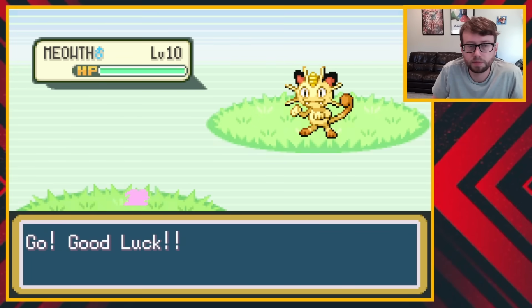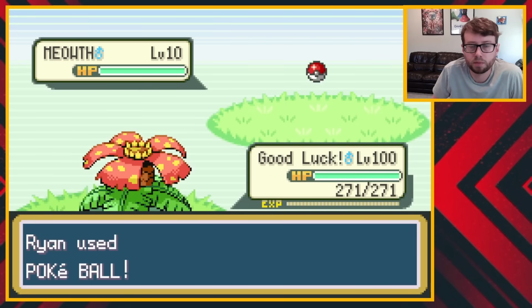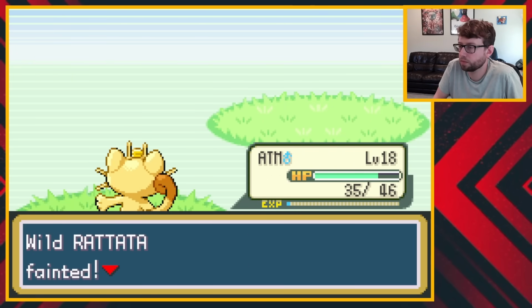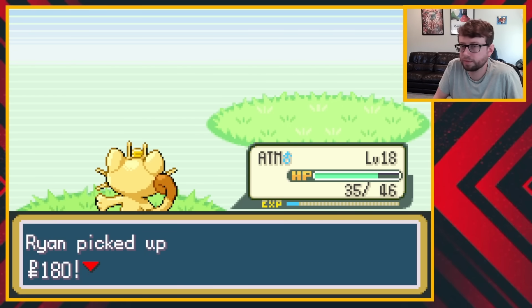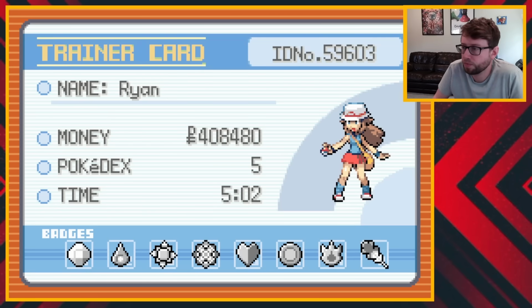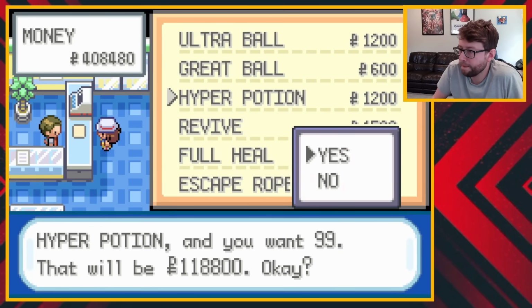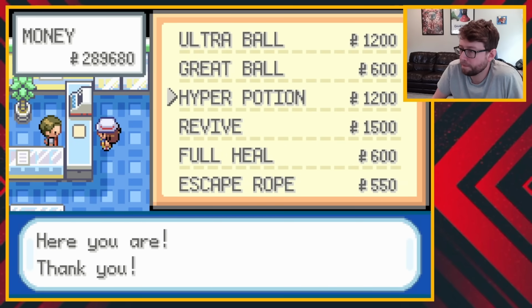Meowth can be caught on Route 5 with one of the free Pokeballs from Oak, and at level 18, it learns the move Payday. Payday generates money every time you use it, and we can use it on wild Pokemon, giving us a ton of cash and getting Persian up to level 100 too. Using the Payday money, we can now buy Hyper Potions, allowing us to try...